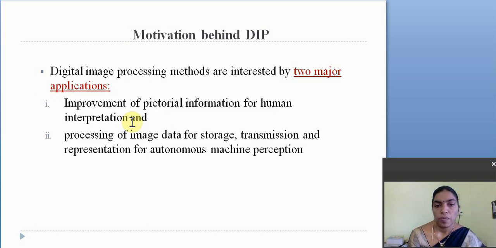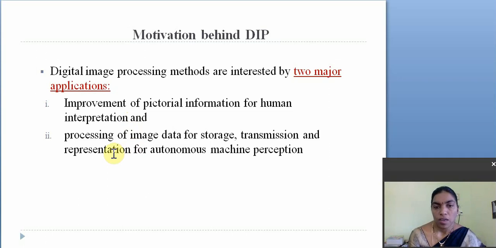That's why these digital image processing algorithms or methods are very important. We should study the particular algorithms.